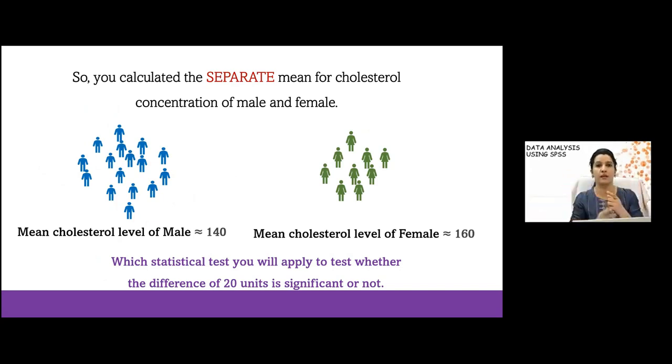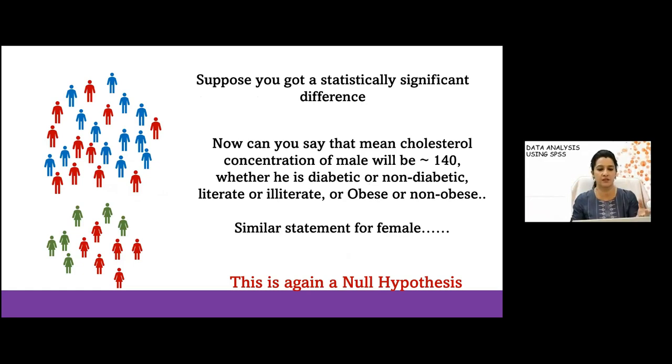So for the paired t-test, the essential criteria is that it should have a paired value of the same individual. So that's why that will not be applicable in this case. So what I did, I have calculated the difference, and this question I have already